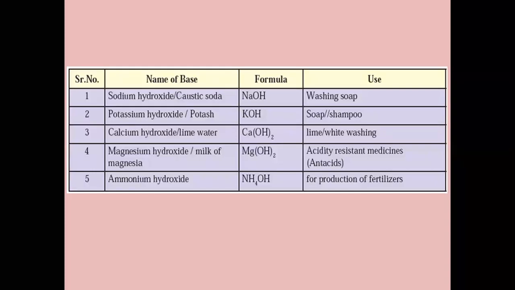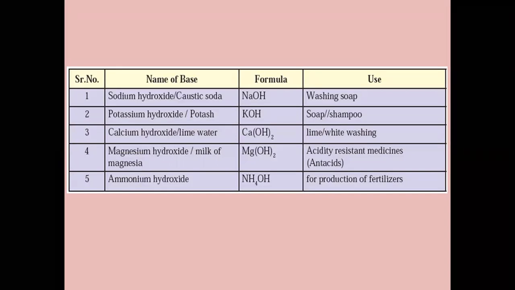Calcium hydroxide. These common names are very important, because next year and this year also in the next chapter we are going to use these common names while doing reactions. Calcium hydroxide is lime water. It is not lemon juice, it is called lime water. There's a difference. If I say lime juice, I'm talking about the juice which comes out from that lime, that is nimbu. But this is lime water, which is chemically called calcium hydroxide, Ca(OH)2. It is usually used for whitewashing.